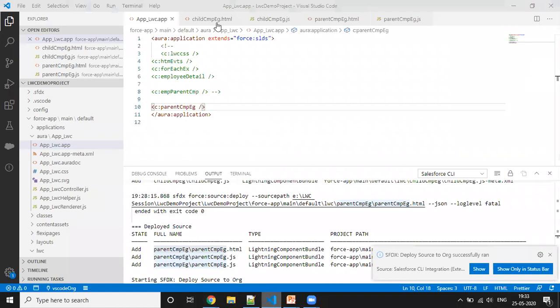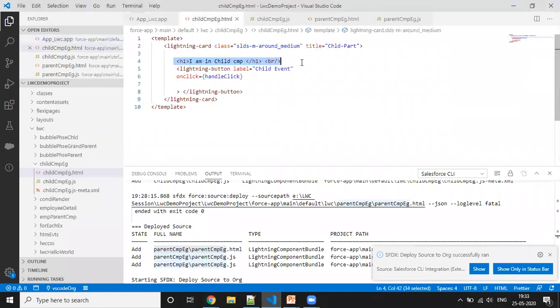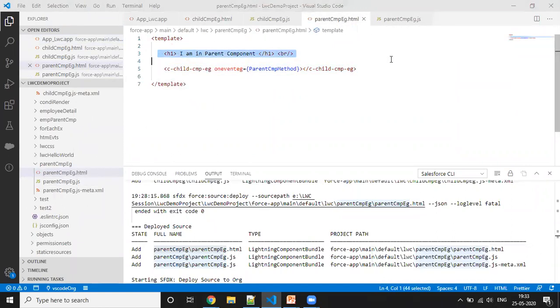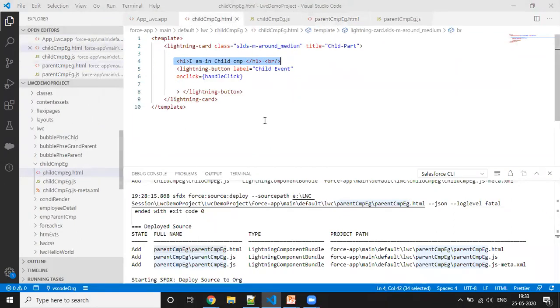To differentiate, I have mentioned here child component, and here I'm a parent component. Since we are calling the child component in the parent one, once you display the parent, you can see both child as well as parent, but the button will be on the child component.